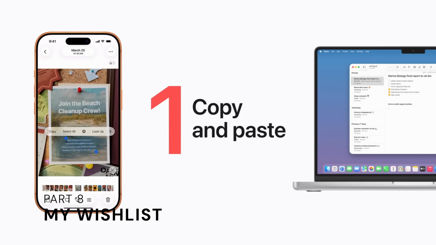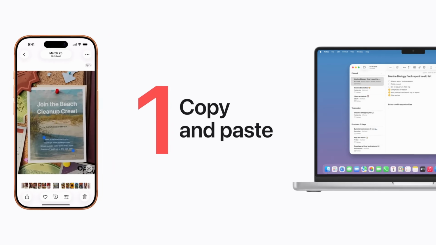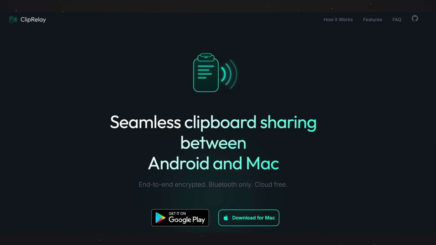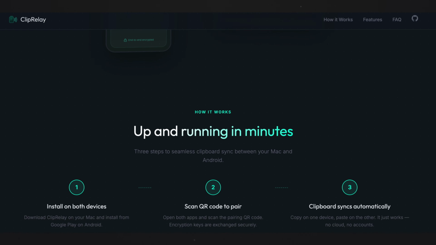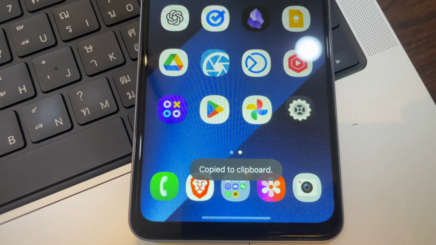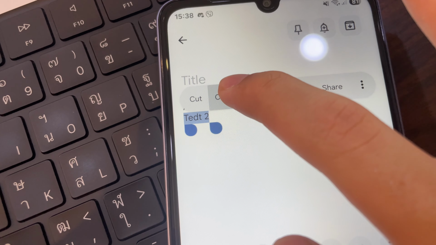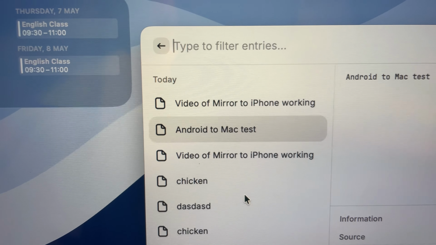With that said, there are some conveniences that I wish I had between my Mac and my Android. One of them is clipboard syncing. To be honest, I don't find myself using that feature all the time, but there are some times when having that would be convenient. The only third-party solution I've found that works to a certain extent is Clip Relay, which as of now is still a bit buggy. Connecting the two devices is a breeze, and syncing from Mac to Android seems to work okay, but improvement is still needed for auto-syncing from Android to Mac.